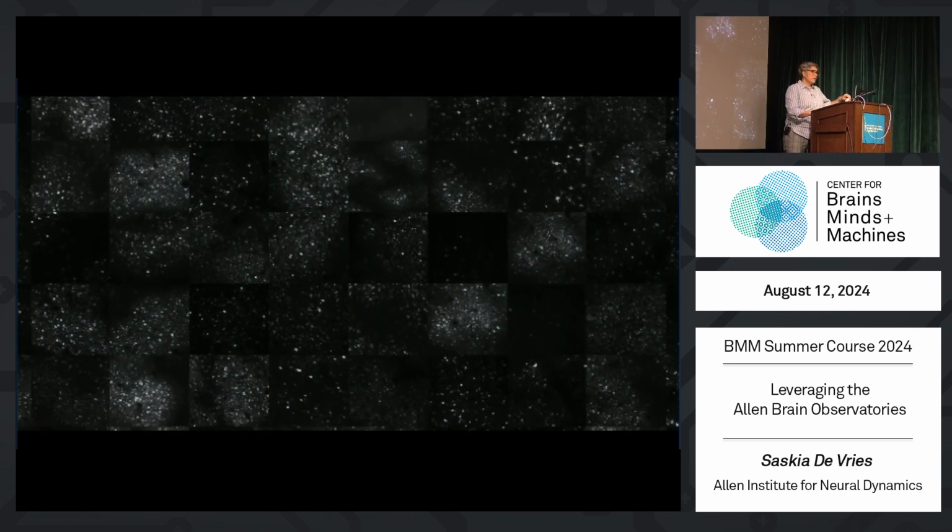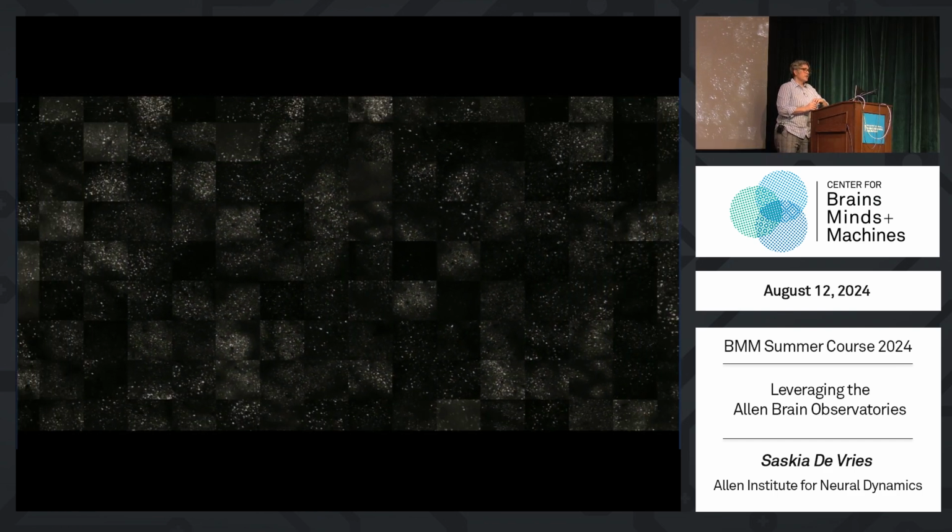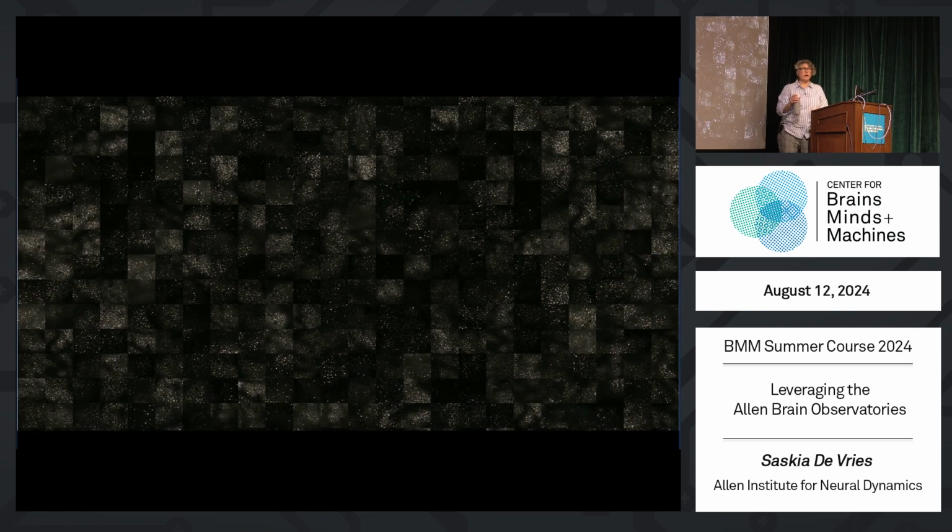So we used this pipeline and collected over 1,300 hours of data from over 250 mice. And so you can see many fields of view here from lots of different experiments. And one of the things that you might notice is that some of these are really bright with a lot of cells in them. Others are very dim and you only see a handful of cells. And so this poses another challenge, right? One challenge is our standardized data collection. The other challenge is our standardized data processing,